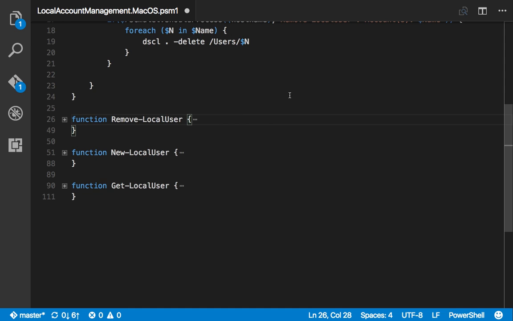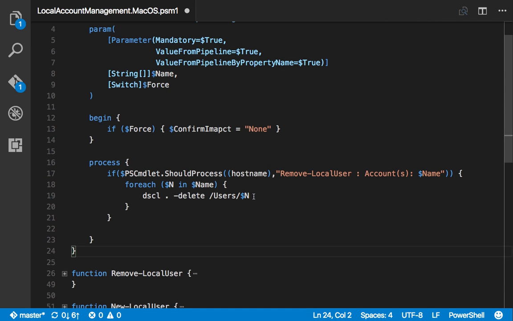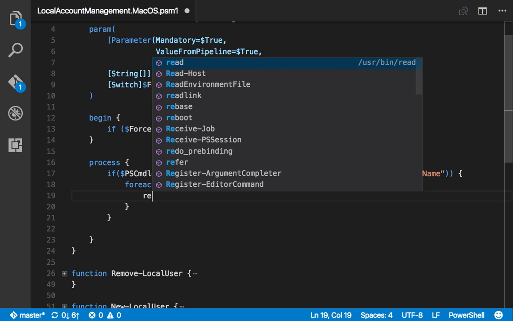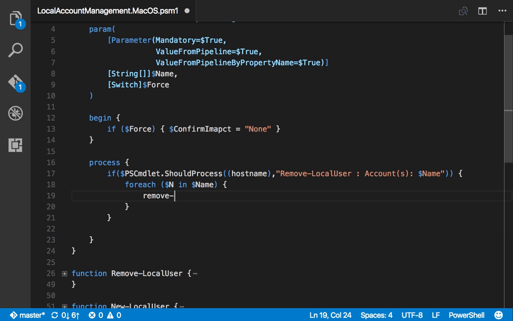Okay, back to the command. So the only part we're actually changing here is the command. Instead of running a DSCL command, we'll use the native Remove-Item because we're actually removing just a home folder. So we'll just type in Remove-Item,